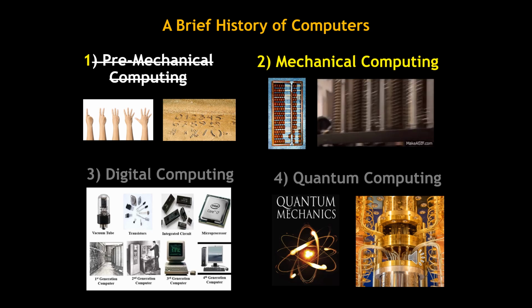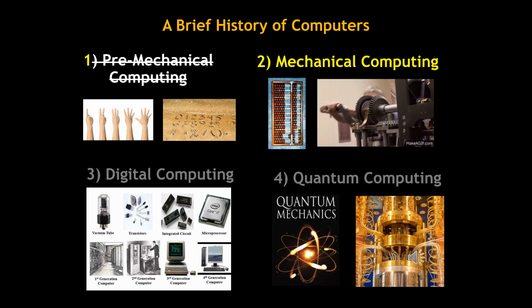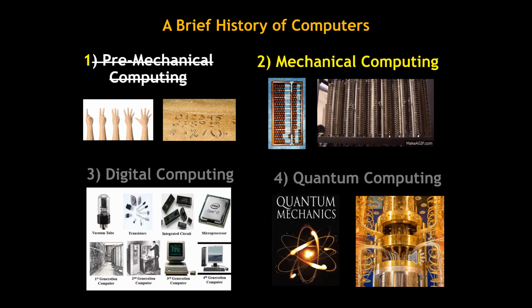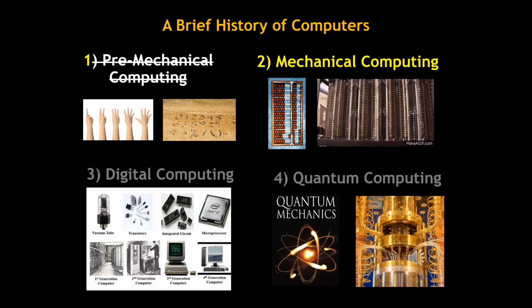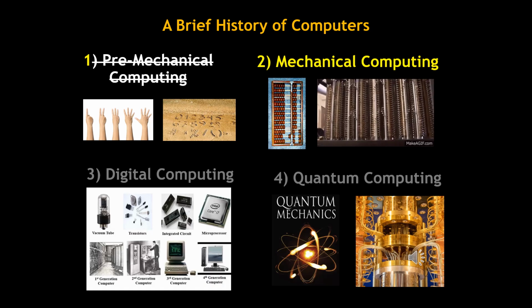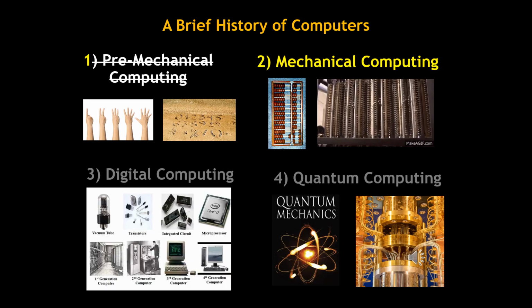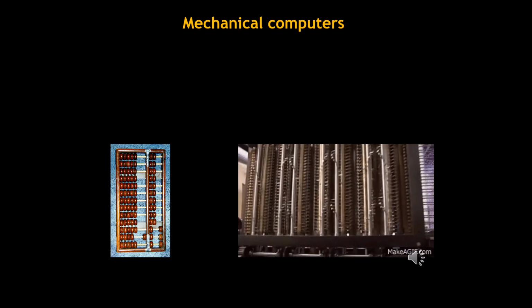So we finished the first stage, that is the pre-mechanical computer. Then we start with brains. Then we talk about some of these pre-mechanical tools. Now we're going to talk about some examples of these machines that we use to count and interpret data. So let's start talking about